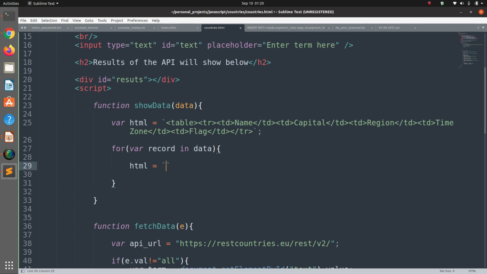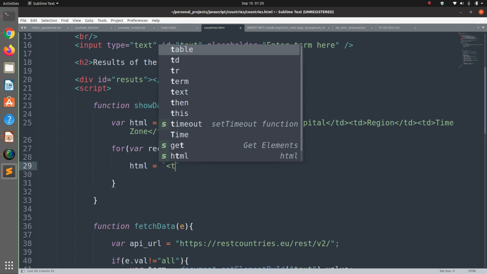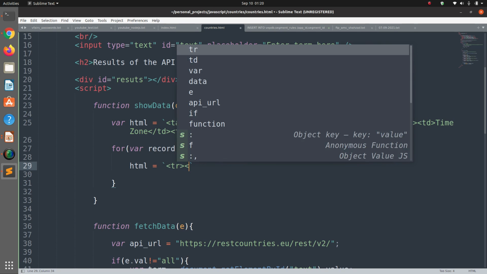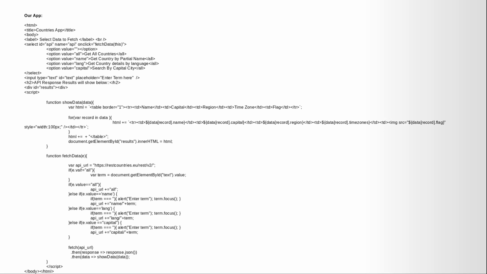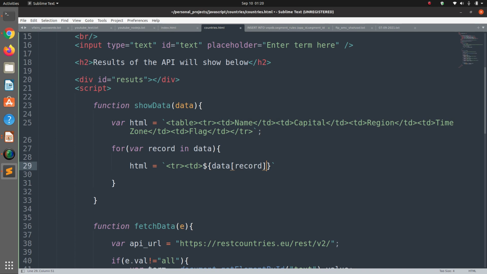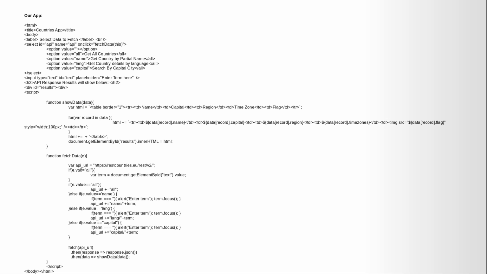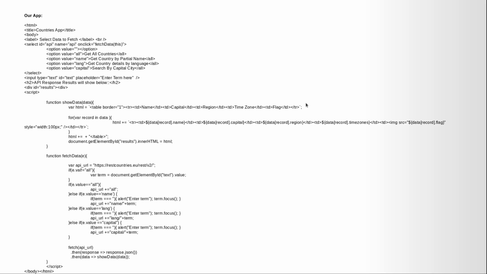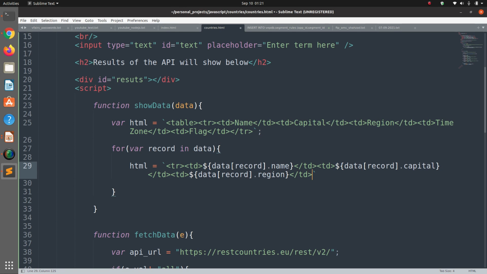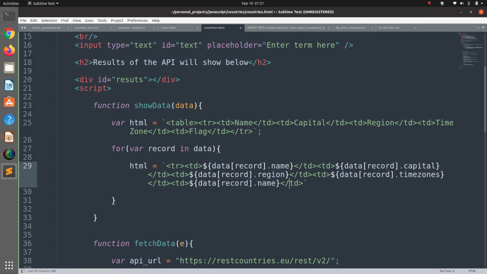So HTML equals, and here we have the row, new row again, and first column we are going to have data dot data record dot name, and let's close that first column, and let's copy this, paste it here, change it to capital, and in the third column we have region, in the fourth column we have time zones, and in the fifth column we have flag, and flag is